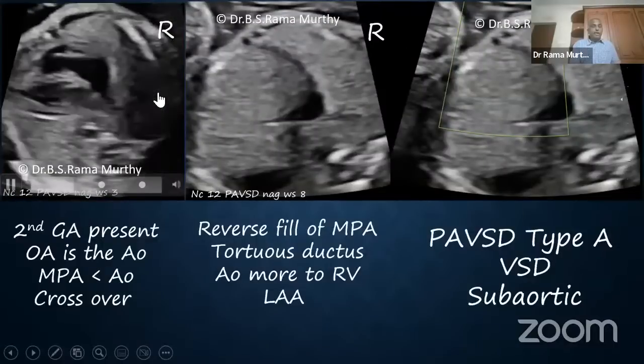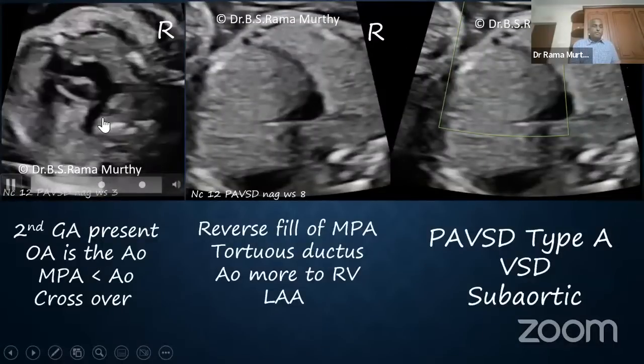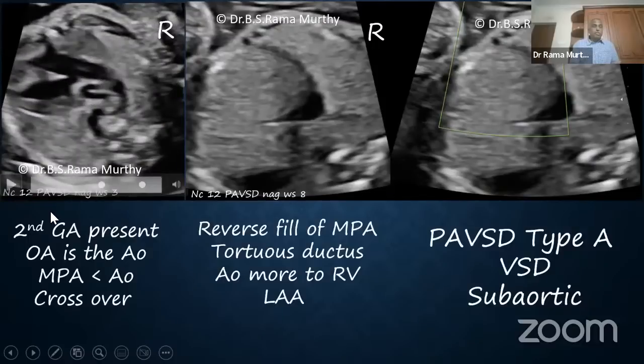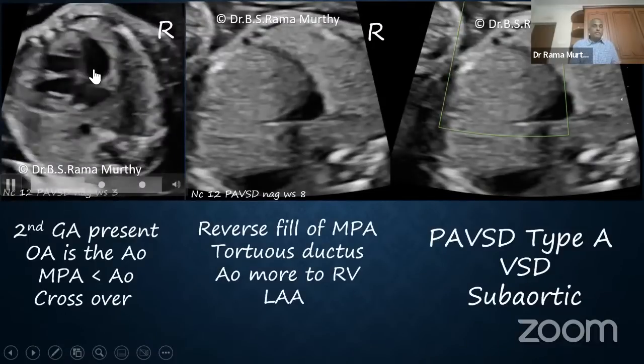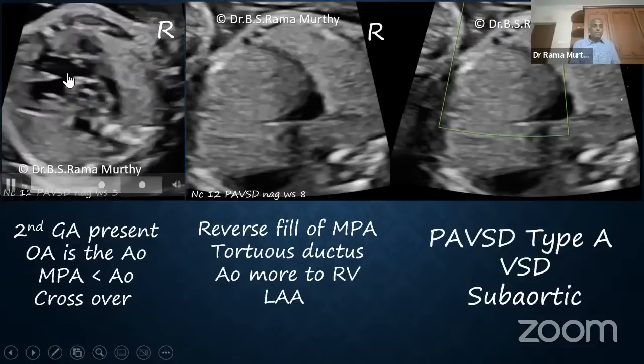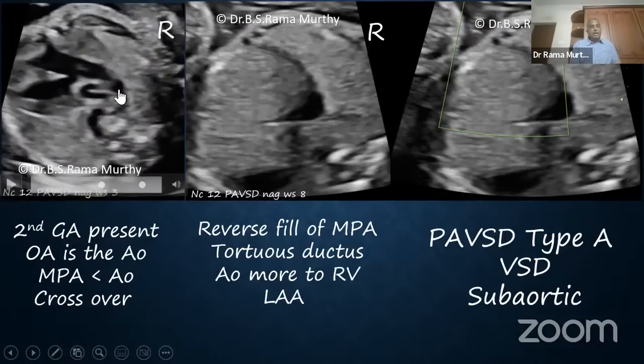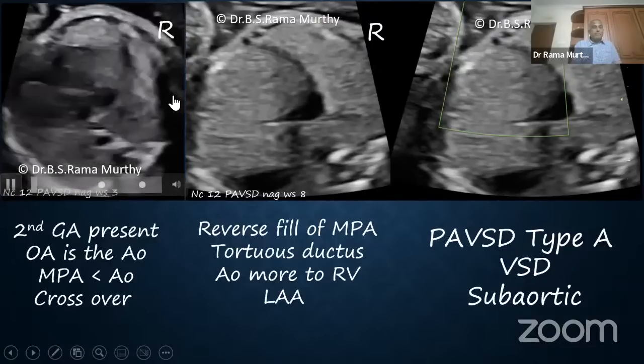So here you find a 4-chamber view to start with, and the 4-chamber view looks rotated. Let me play the clip. Looks a little rotated, a left axis rotation, and then I move into the LVOT. You find a classical overriding, and this is an arching aorta, right? Is there a second artery? That we will have to sort out. And in the same clip, I want you to see that there is a second artery, which is a little tortuous. I'll play the clip for you.